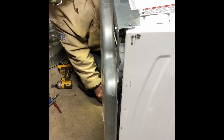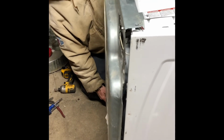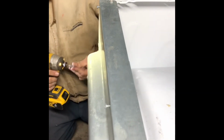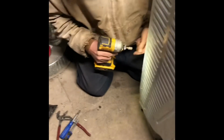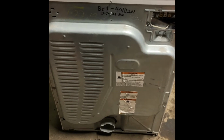Bottom has a flange. Obviously, there's a pipe in there too. Okay, so the top's back on, the belt's in. We got all the screws in place. Just remember down here at the bottom, you've got to get that lip. You've got to get that inside on the lip on the bottom right there and there. But other than that,